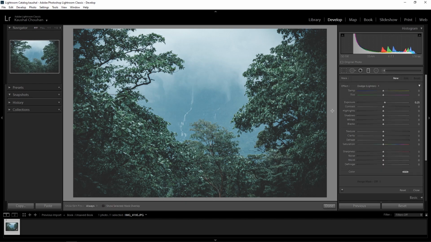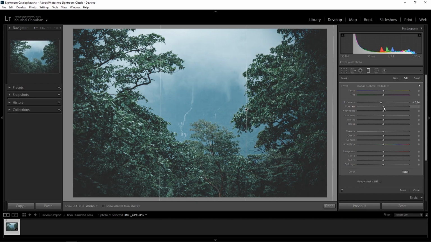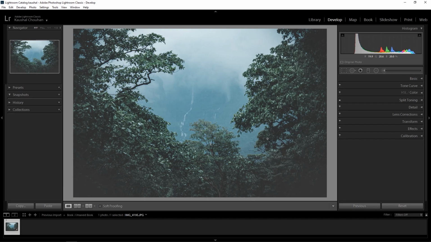With the graduated filter, I'm gonna drag it here. Bring down the exposure a little bit. Increase the contrast. Increase the blacks if you want. It's looking good. We can decrease the saturation here also. Okay. Make another graduated filter. It will take all the settings that we have made earlier, from this side and from the bottom. Okay, click done.